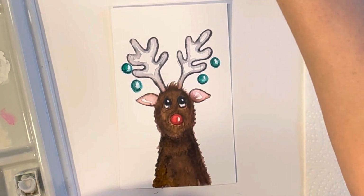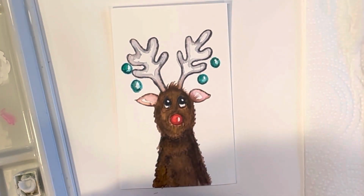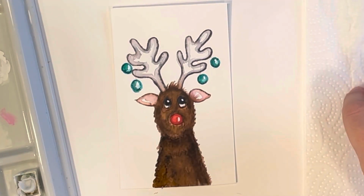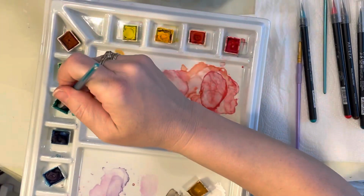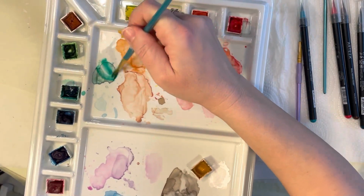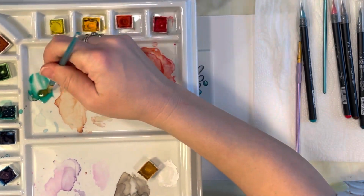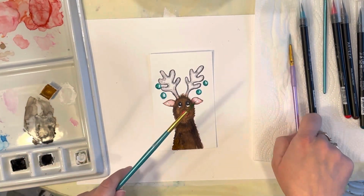Let's see, I might want to bring in maybe a little splatter paint in the background, just to add a little something in the background. Let's see, what color should I choose? I'm almost thinking green. So I'm going to go ahead and I'm going to get my Winsor green blue. I'm just going to get it nice and damp here. Make a nice big puddle, get enough water on there, because I'm going to put a little splatter paint in the background. So I'm going to take one brush,